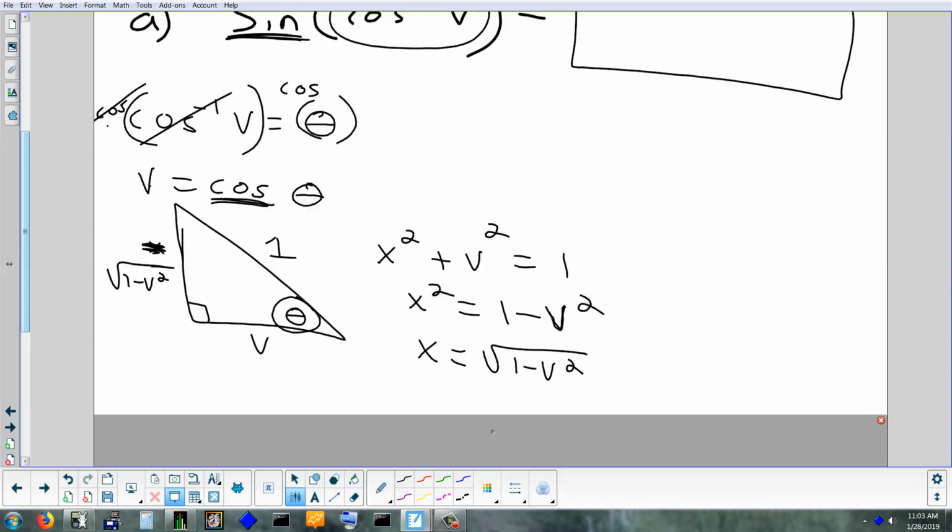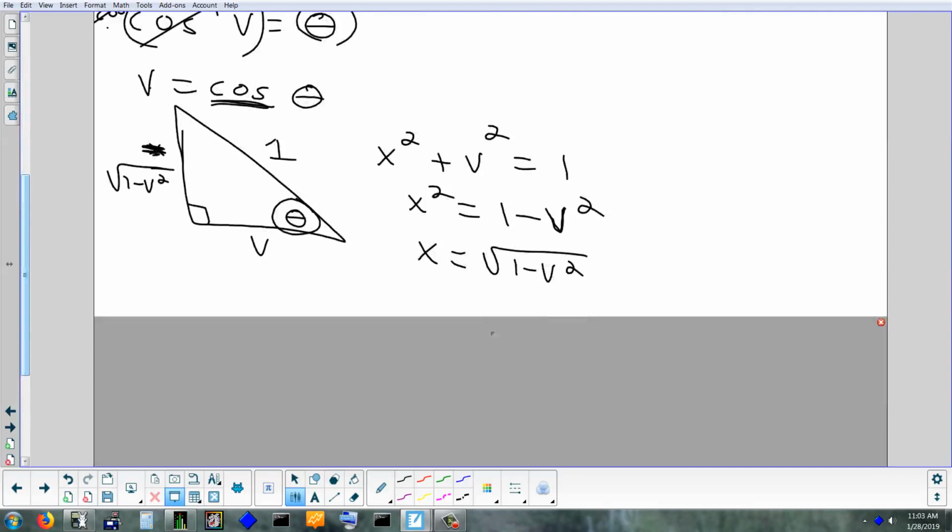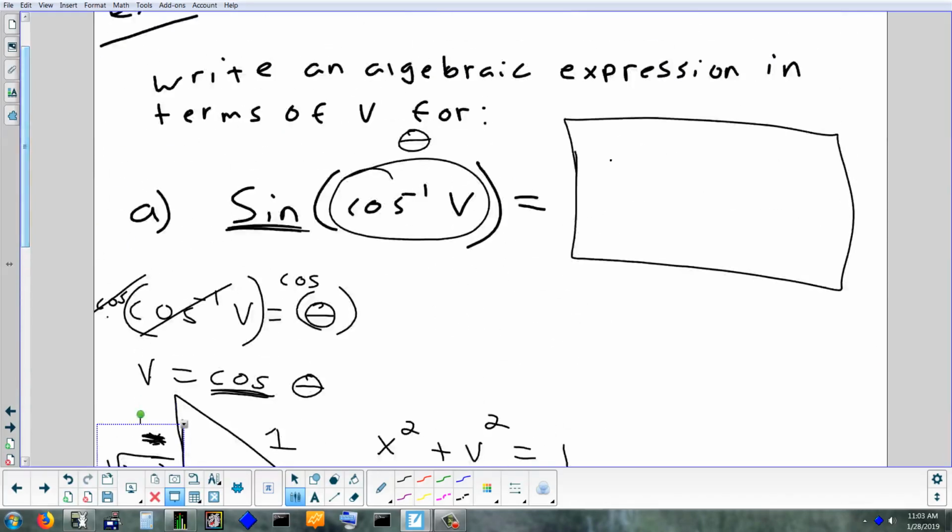Okay, so now we've got a diagram. We've got all the sides labeled. Now we can answer the original question. What's the sine of theta? Remember, we said inverse cosine of v equals theta. So what's the sine of that angle that we have inside? So sine is opposite over hypotenuse. So square root of 1 minus v squared over